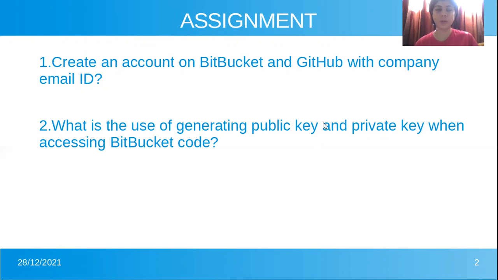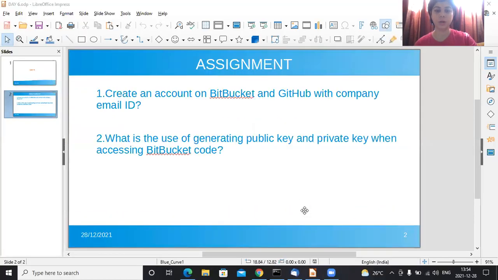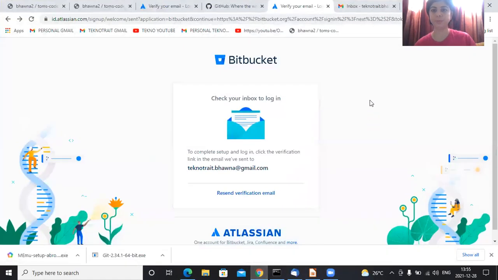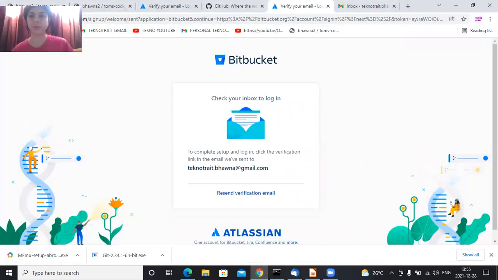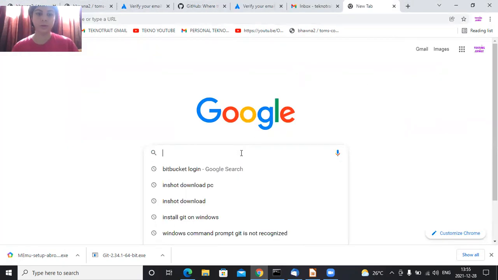So now I'd like to explain how to create an account on Bitbucket and GitHub with company email ID. So I'll go to the Chrome. Bitbucket.